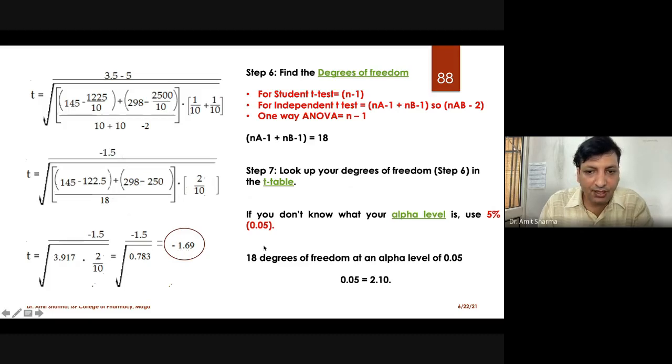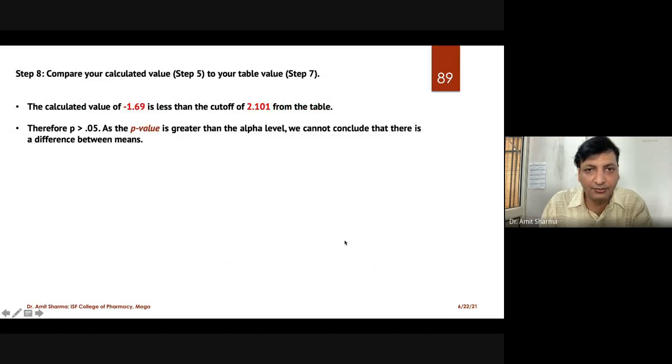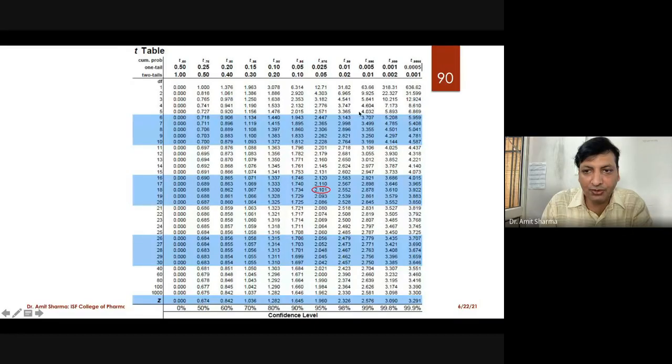But at degree of freedom 18, at the alpha level of 0.05, and we are assuming that our p-value is 0.05, the t-score that was found to be 2.10. It is the test value which will be given by the examiner to you. What you have to do, this 2.10 from where we have got from the table. So calculated value we have to match with a tabulated value. I'll show how we are going to take a value from the table, and I'll take the pen so that it will be easy for you to find out.